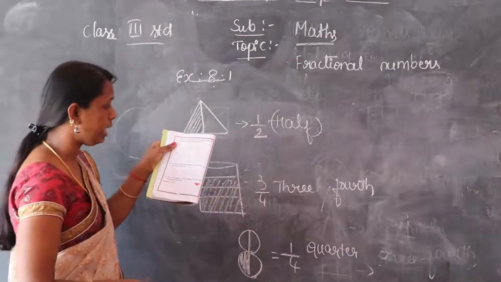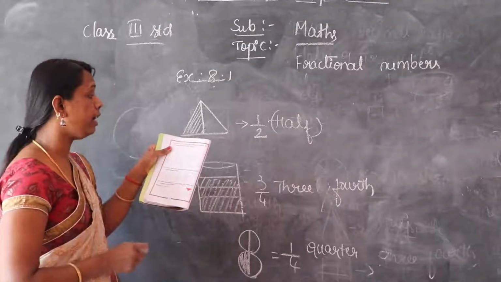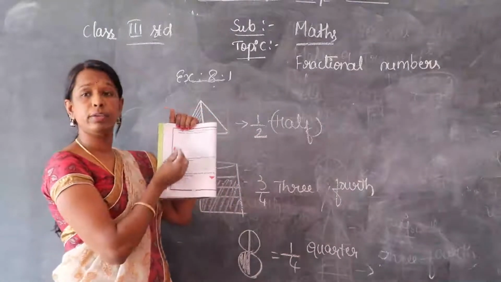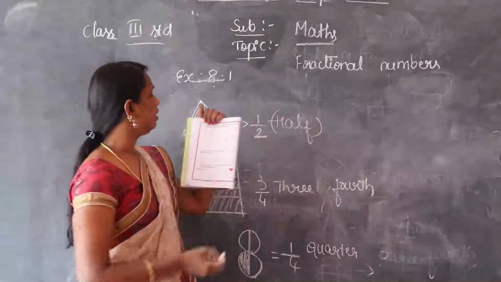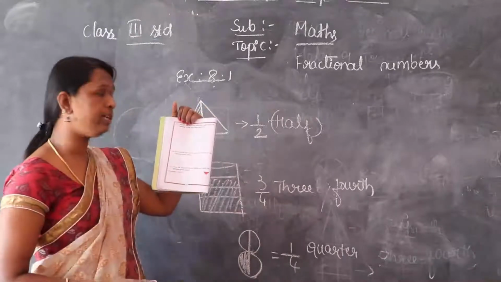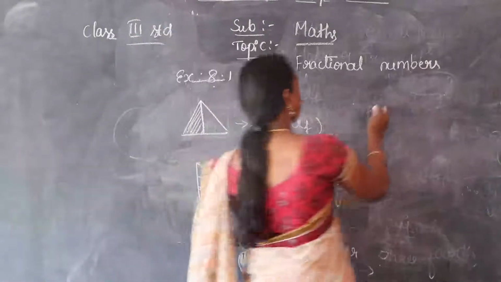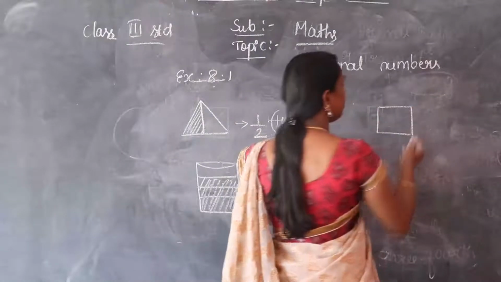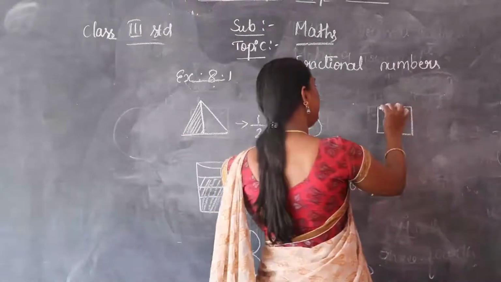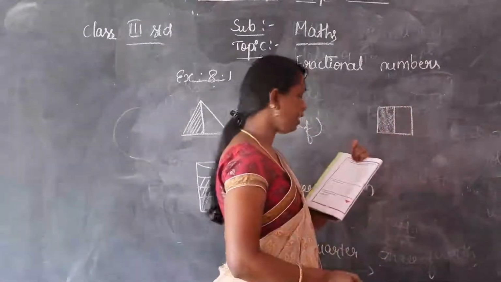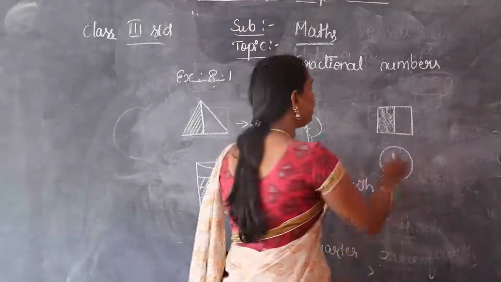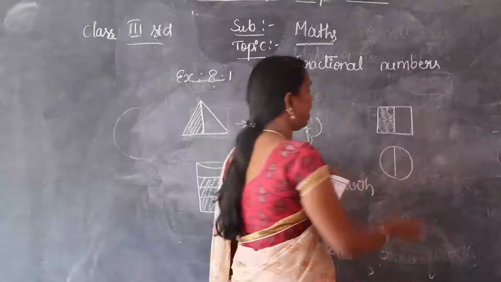Divide the picture into 2 equal parts by drawing the line and color half. From your page number 38, do this sum, do this coloring. Divide this square into two equal parts and color half of that. Okay, they are given a square. So divide into two equal parts. So dividing and then color the half part. Okay children, next one, circle. Draw the circle and divide it into two equal parts and then color it.